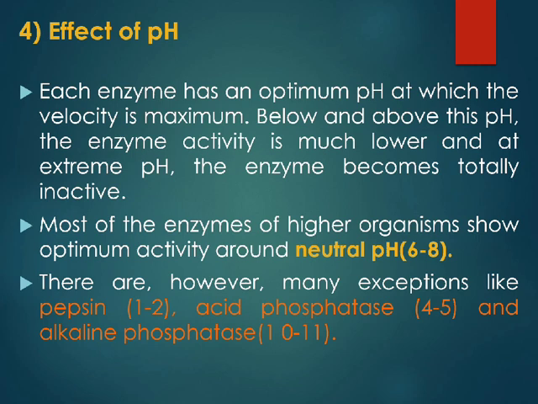Next factor is the effect of pH. Each enzyme has an optimum pH at which the velocity will be maximum. Below and above this pH, the enzymatic activity is much lower, and at extreme pH, the enzyme becomes totally inactive. And the optimum